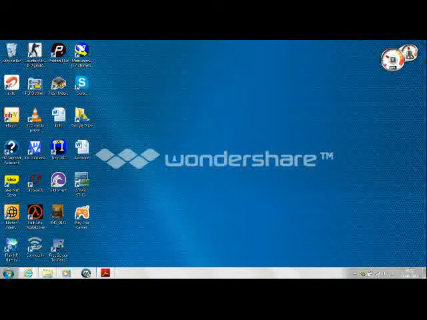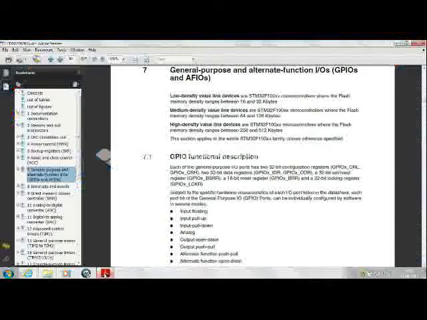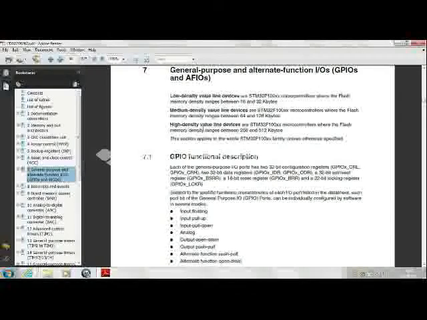So before we do anything with our IDE, that is Integrated Development Environment, and the kit that we'll be working on, I'll just briefly take you through the programming model for the general purpose IOs, or the GPIOs, of the microcontroller at hand.